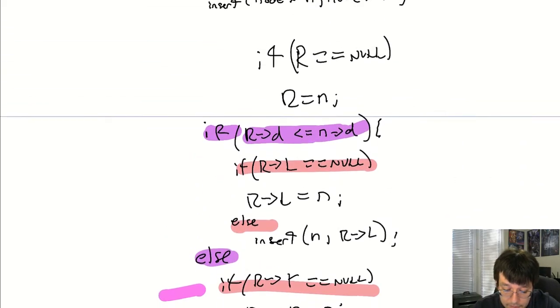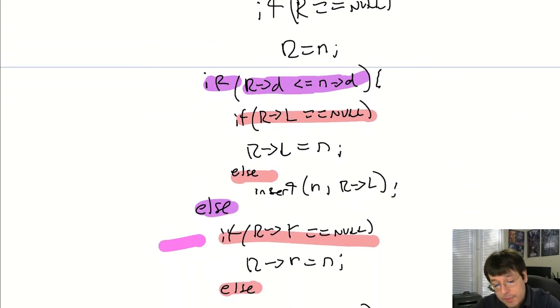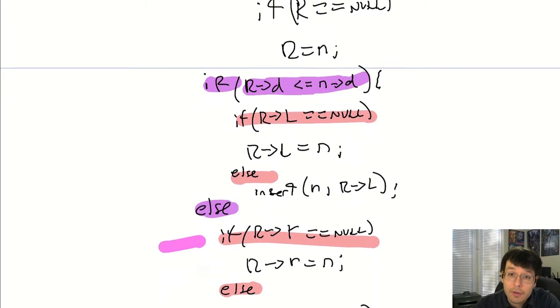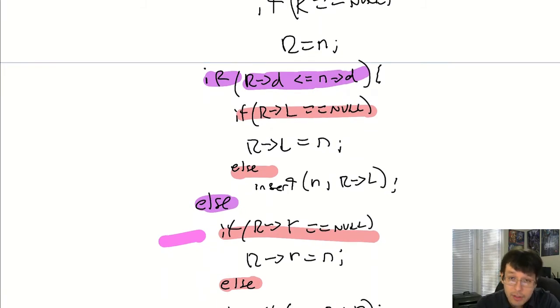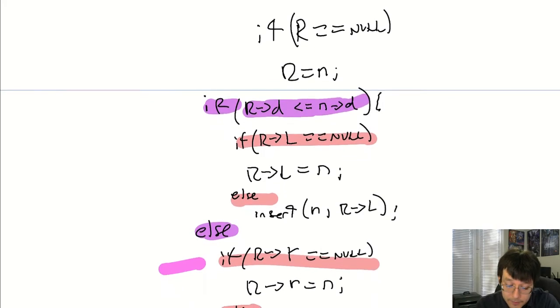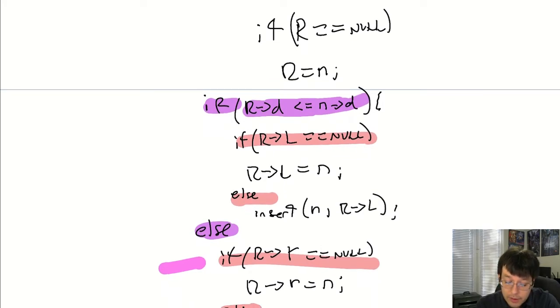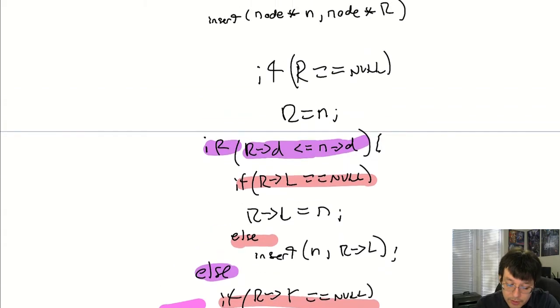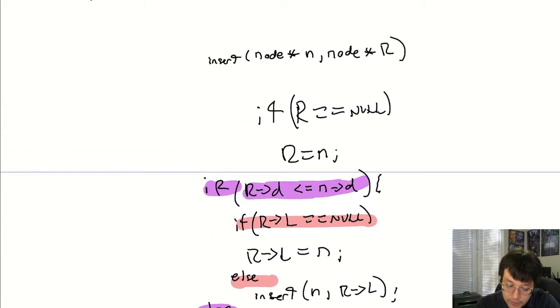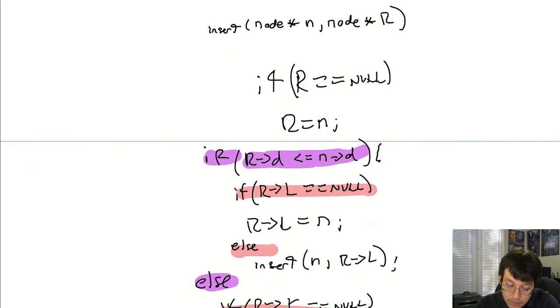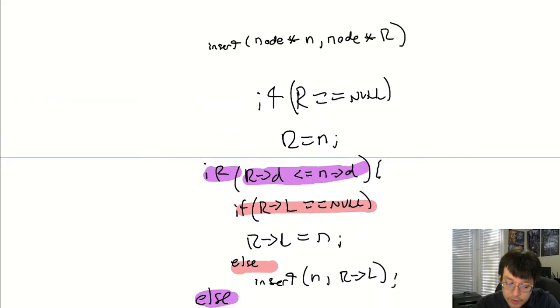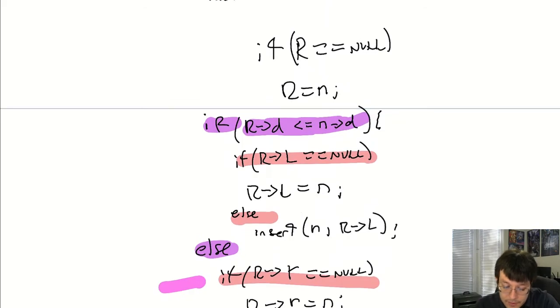There we go. Okay, so if it's not empty, then again, you just check whether the contents of the node that you're trying to insert are smaller than the contents of the root. And if they are, then you are going to go ahead and, well, technically here, if root D is smaller than ND, the root is the root node and the n is the one you're inserting. Yeah, okay. So if the value that you're inserting is smaller than or equal to the root,